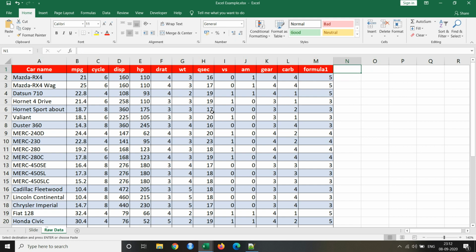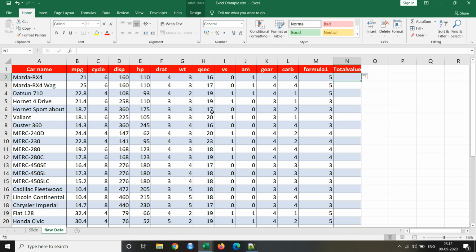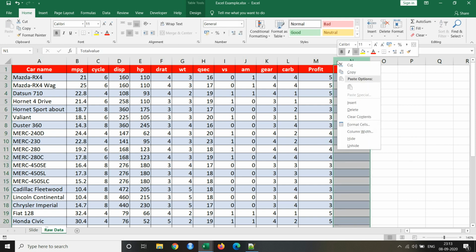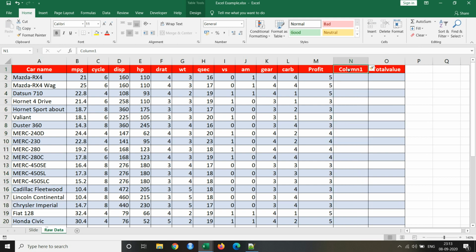So for example, let's create a new column called total value. Okay, before we create this total value, I'll create one or two more columns of profit and extra profit.